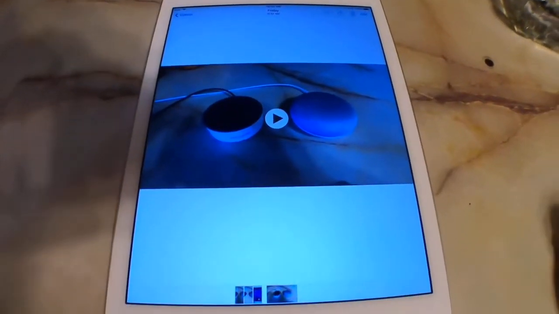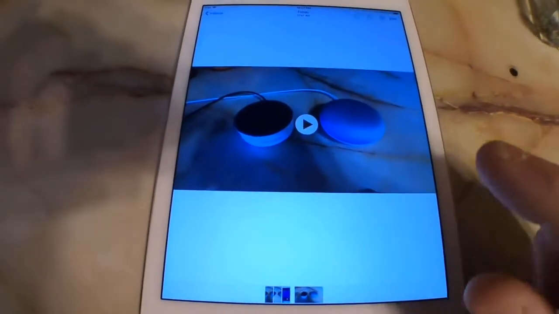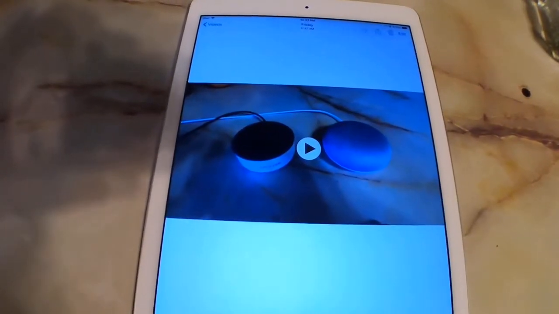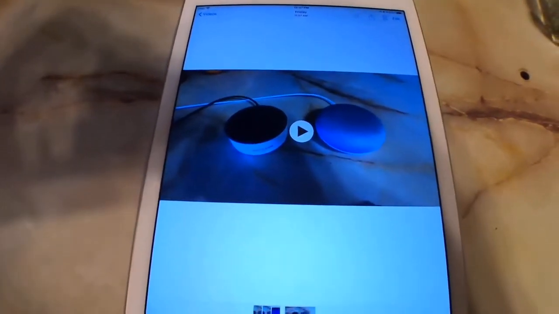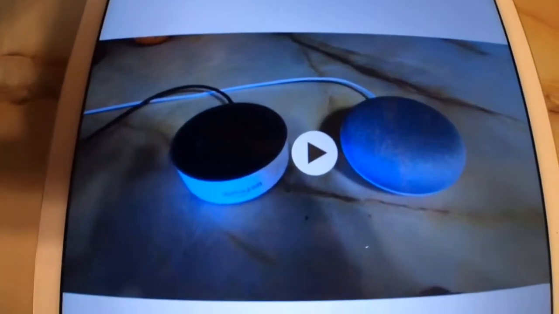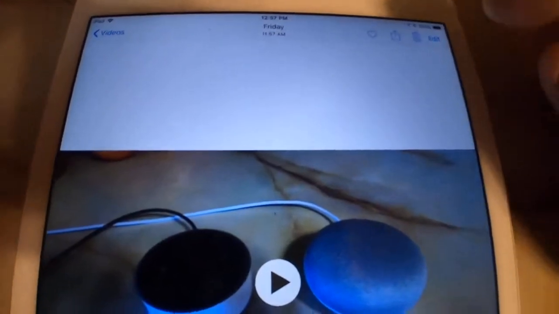Alright, YouTube, 116 Falconer. This is just a quick video on how to upload videos of over 15 minutes long from your iPad or your iPhone to YouTube. If you go on your photos and try to share it with YouTube,